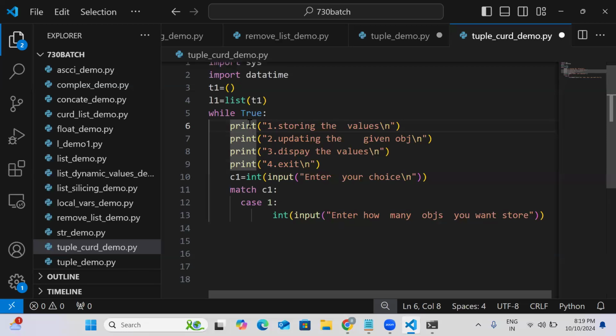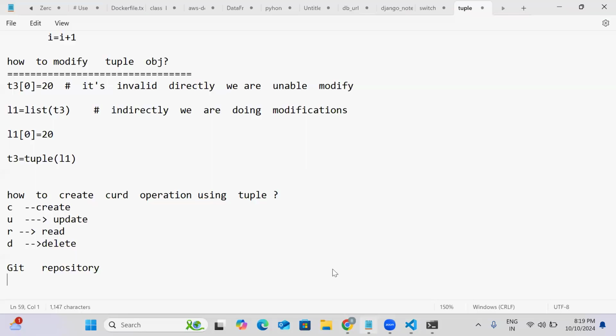It's a switch case only. Here we are doing the code operations. Like in the previous code, we saw that with the list only. Here also, we are going to create code operations using a tuple object. In the previous class, in the same code, we used a list object, but in today's class, we are going to use a tuple